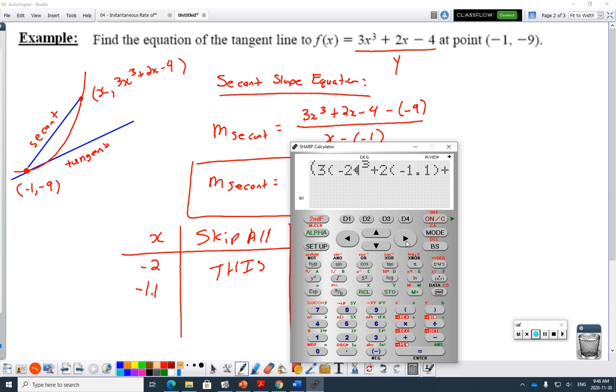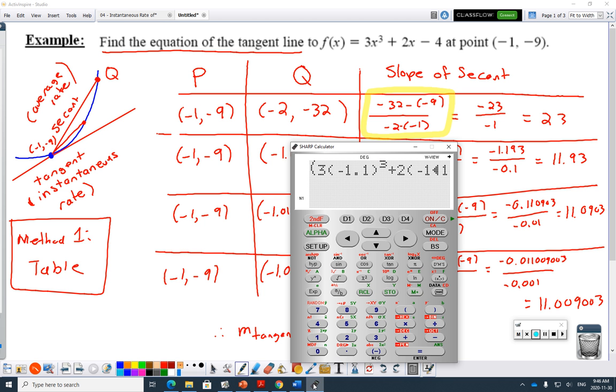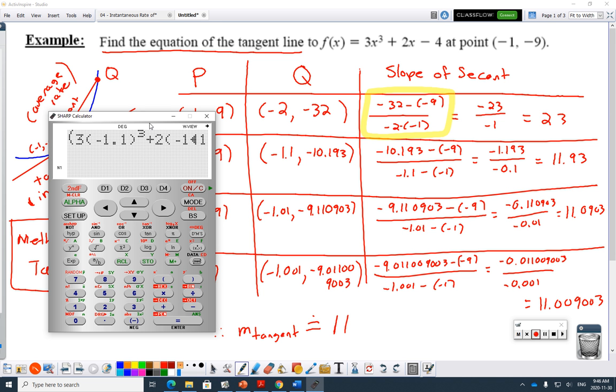And just in case you've drifted off to sleep on me, let's go back to that original table and have the dramatic unveil again. I've changed all those to 1.1s, which was the next thing I did in the table here. I chose 1.1 next. I'm going to move that over there. I put in 1.1, and on the table method 1, sub it in, put it into the slope formula, subtract, then divide them both, 11.93, and by the end of it you're like, I hate this. Method 2,